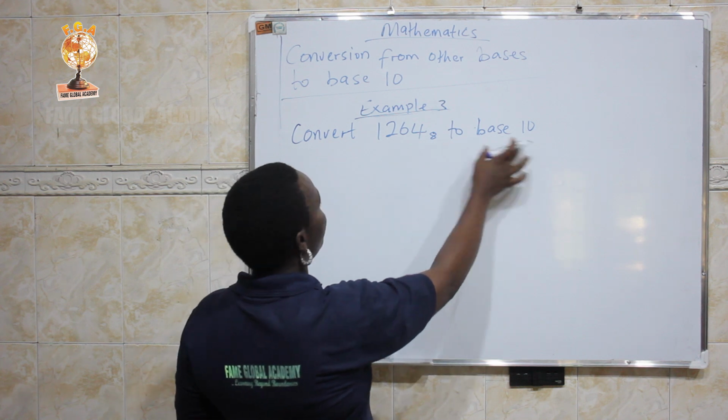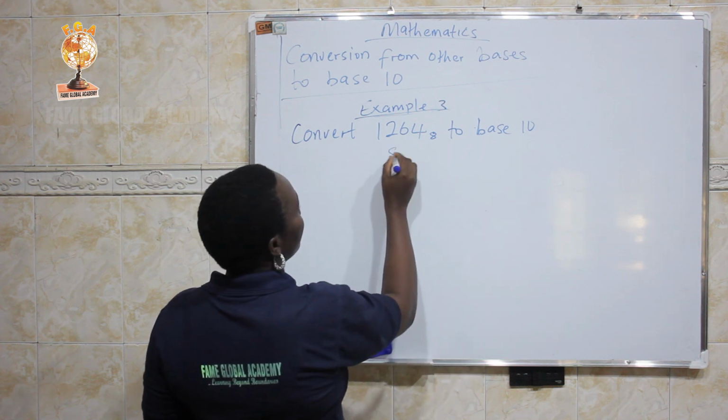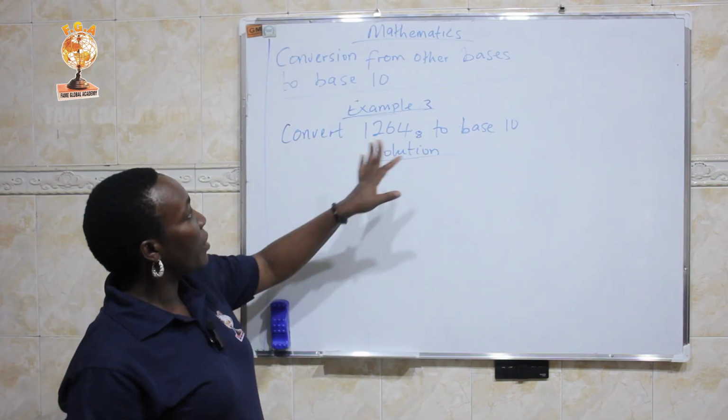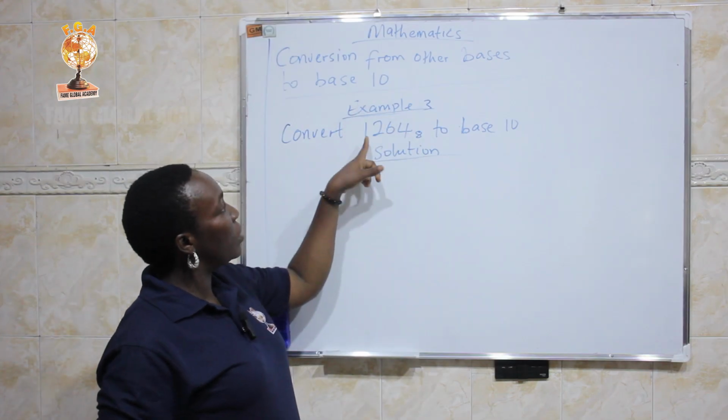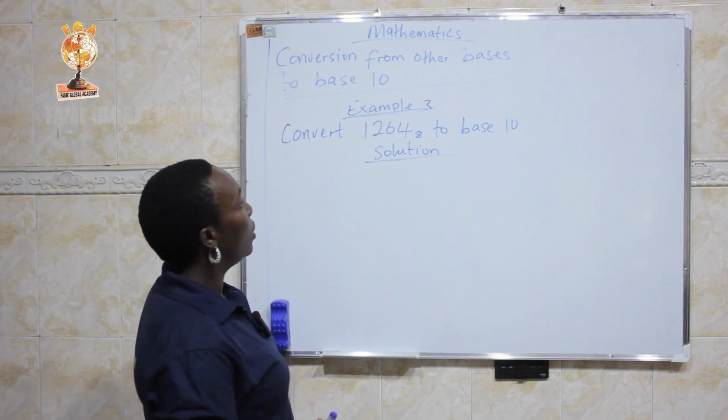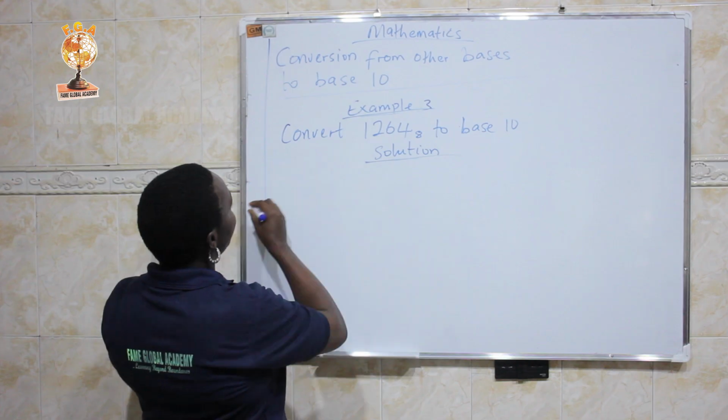Convert 1264 base 8 to base 10. Okay, so let's solve it. So we have example 3. Convert 1264 base 8 to base 10. Okay, so let's solve it. Solution: